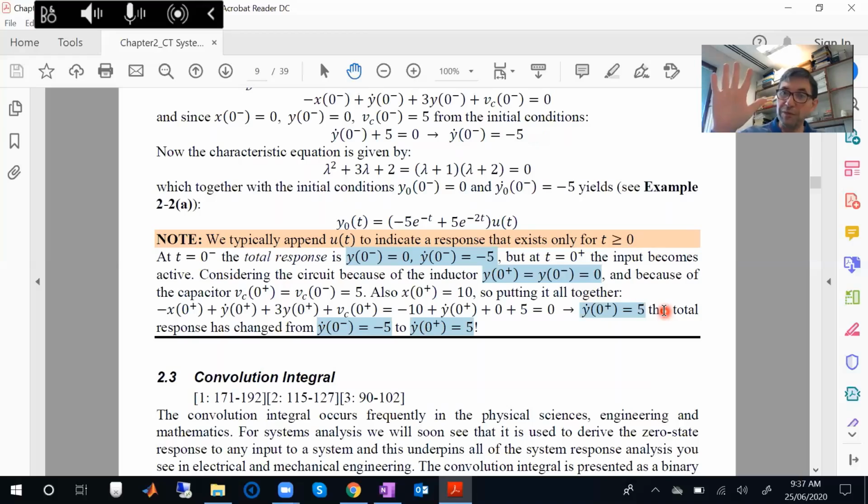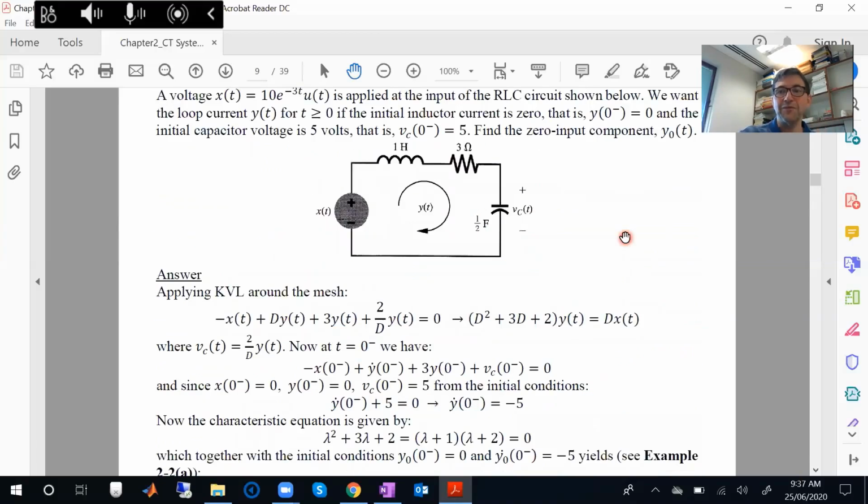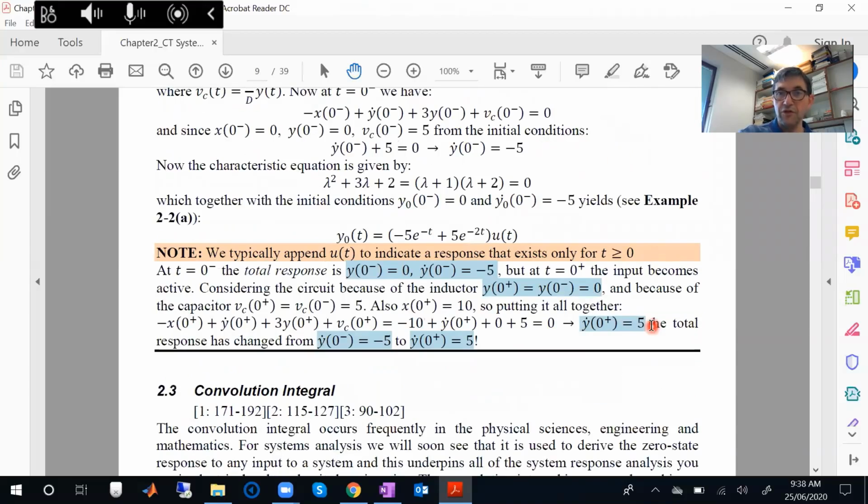And that's because the moment you apply the input, the system will change. The state of the system is automatically going to evolve. And what's evolved is the derivative of the current. The voltage across the capacitor doesn't change, the current through the inductor doesn't change. So what must change is the voltage across these components. And that will change the derivative of the current from -5 to +5. Okay, that's all we need to cover regarding